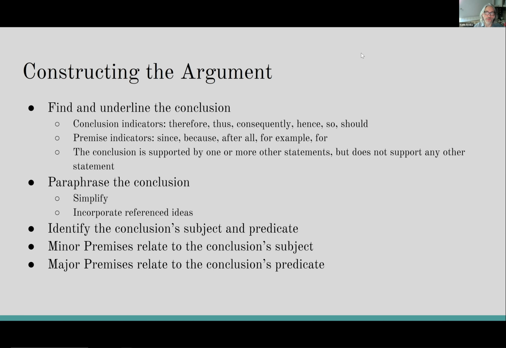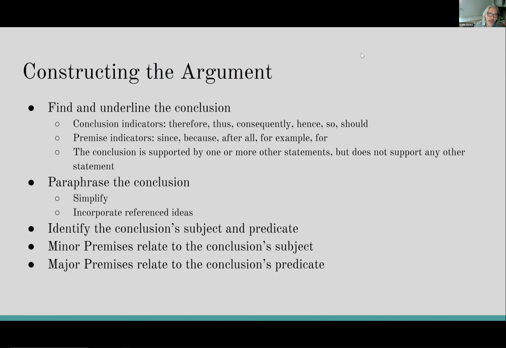So I don't find that the other resources really talk about that all too much. They talk about the indicators a lot because that's easier. But in actuality, what makes something the conclusion has more to do with the underlying logic. And I'll show you how we can debate that even with just a very simple argument.